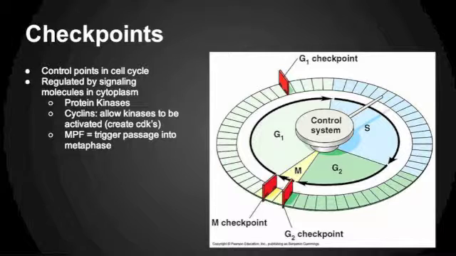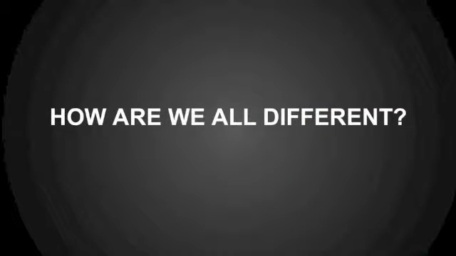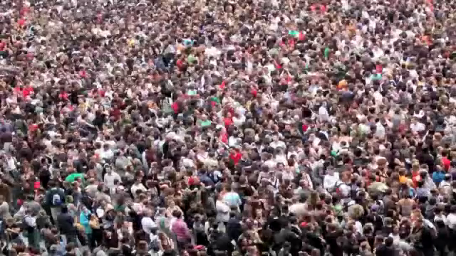Cyclins allow the kinases to be active, creating cyclin-dependent kinases, or CDKs. MPF is a CDK and triggers a cell's passage into metaphase. So you might be wondering at this point then, if mitosis creates all our body cells and makes them identical, how are we all not the same? How does each and every one of us have a distinct look, distinct traits that differ from organisms in our same species? Well, like I said at the beginning of the video,